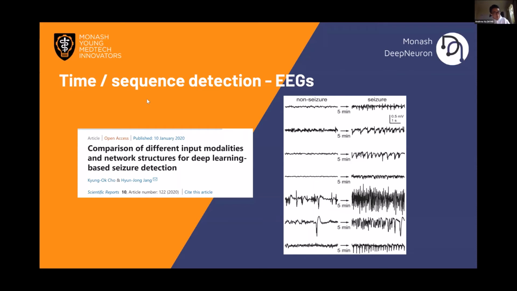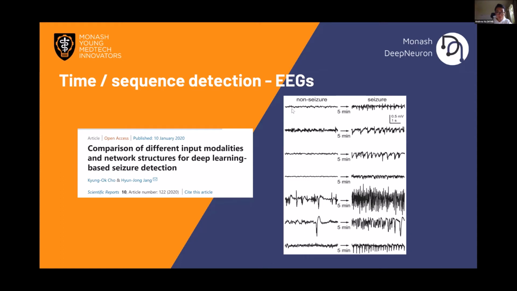And as I mentioned before, the other useful application for recurrent neural nets is time series data. A really good example of how that can be applied within the medical field is if we look at EEGs. EEGs essentially are how we detect brainwaves. And a good use for those is that it sometimes shows when someone is in a seizure.